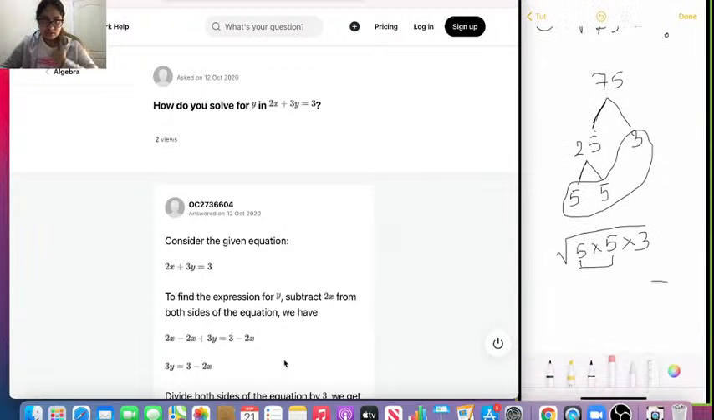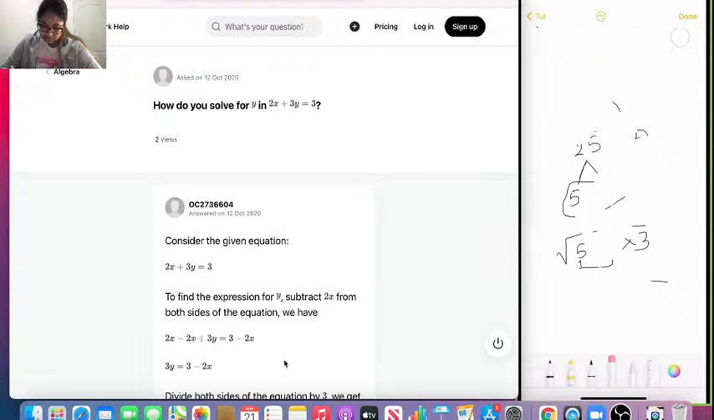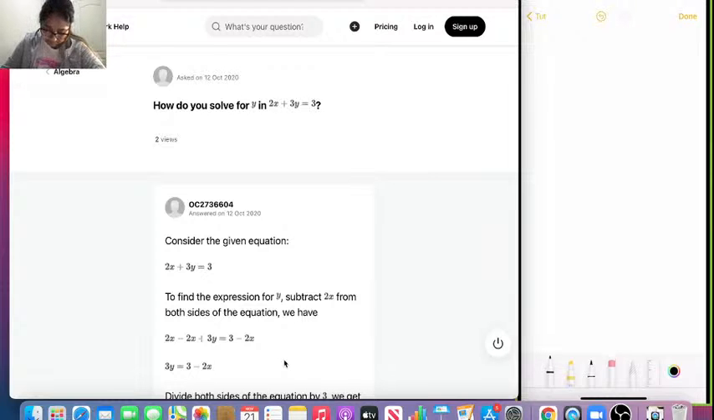And so our seventh question says, how do you solve for y in 2x plus 3y equals 3? So to do this, how do you solve for y? We need to isolate y and find an answer in terms of x. And so what we do here is we first move everything other than y to the other side. So the easiest thing we could do here is move the 2x to the other side where the 3 is,